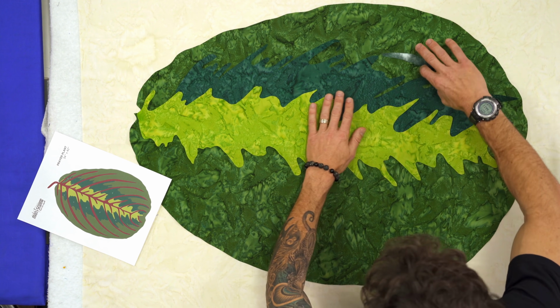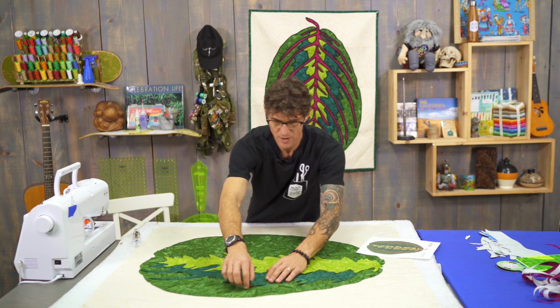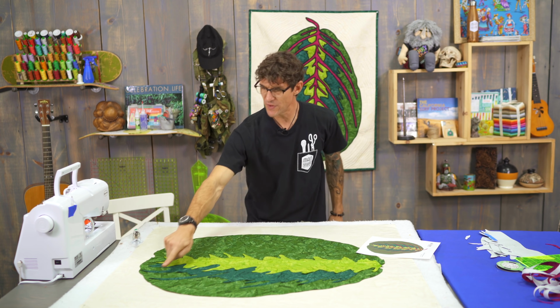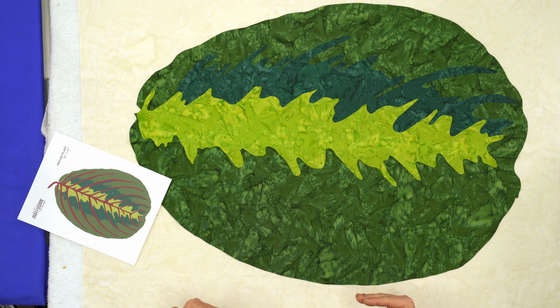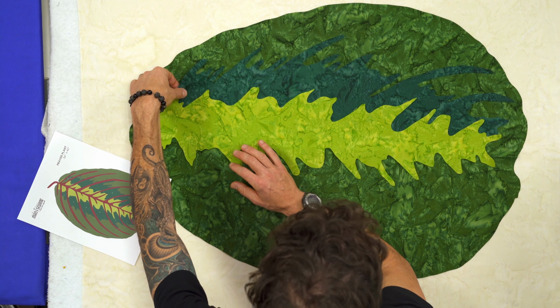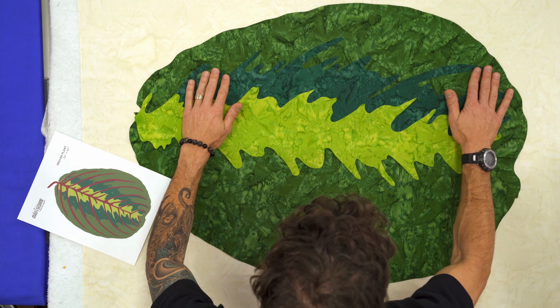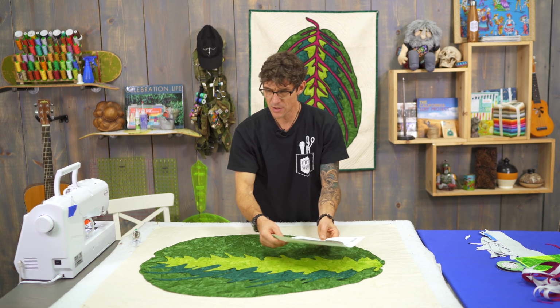There. Now, it may not be in perfect alignment. So one of the things I'm going to do, and this is why we use the big green piece first, is if these pieces down here were maybe sticking off of the edge, maybe everything needs to be shifted a little bit this way. So I can pick this up, I can move that, I can tug on this a little bit. You can see I can make adjustments